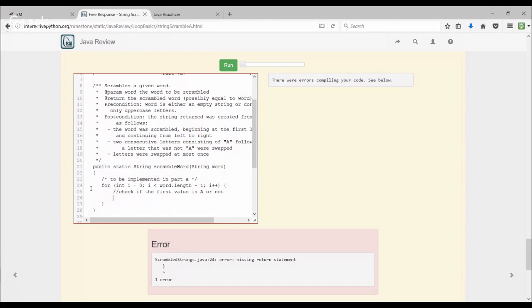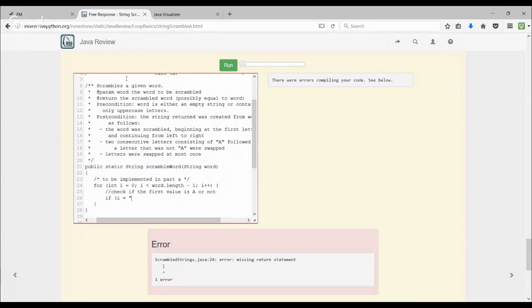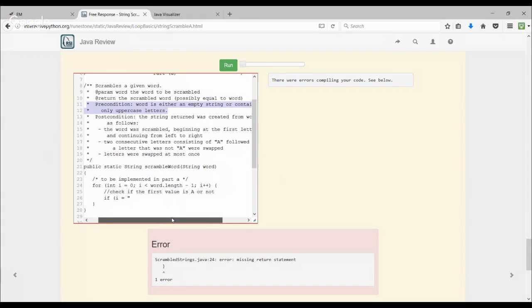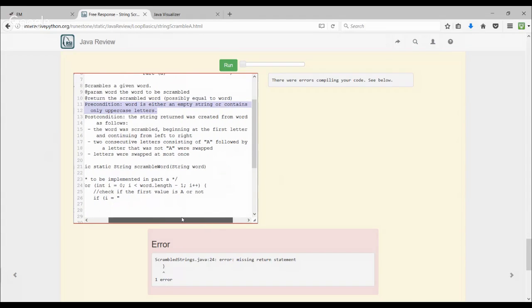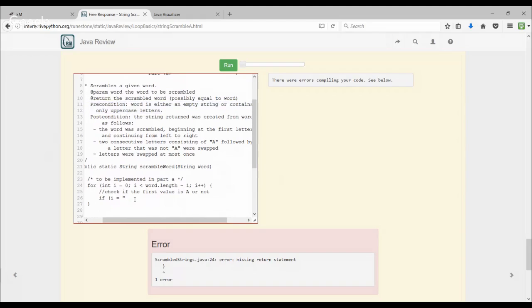Okay, so we would do an if the value of i equals A, and I guess we'd have to, actually, are we assuming it's already all capitalized, or should we capitalize all of these by default within the code of scramble word? So if you check over here, the precondition says the word is either an empty string or contains only uppercase letters. Okay, so we're good with that. So then if i equals capital A,